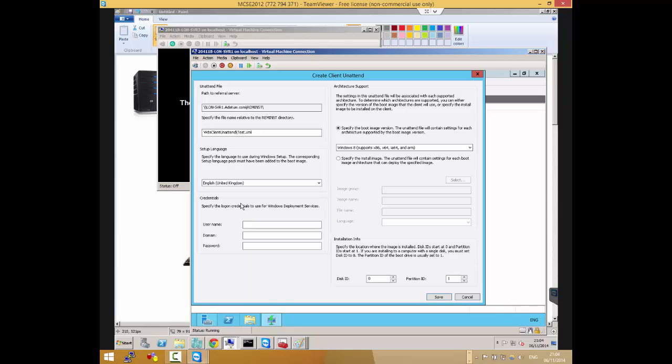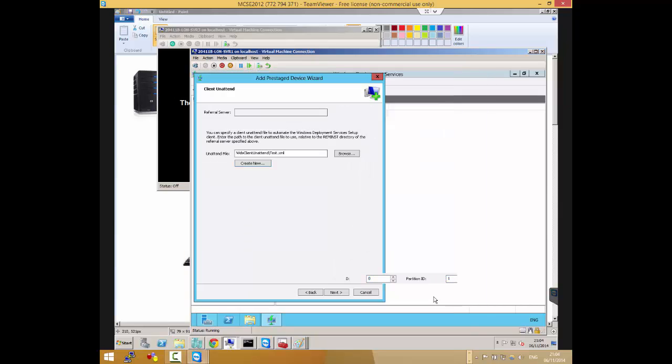Actually you can delegate permissions to your users, making them able to create computers in the OU. And then you can have something like maybe Stefan01 and have a naming convention like that. So if you want, we can specify a name and stuff like that. And then we specify the disk we want you to install it to, and it will actually create an unattended file for us. Click save, and that's the location of the unattended file.